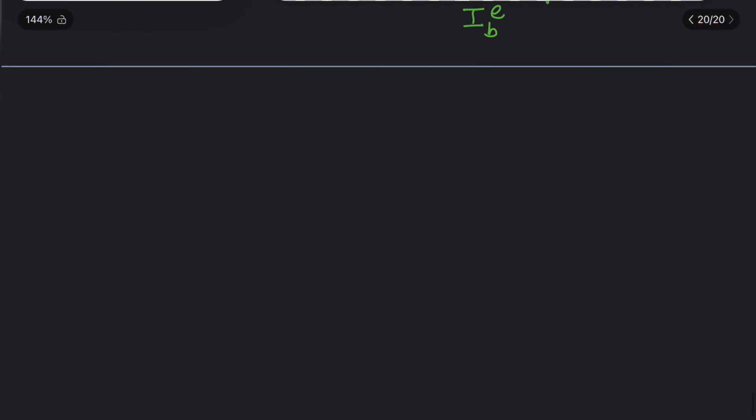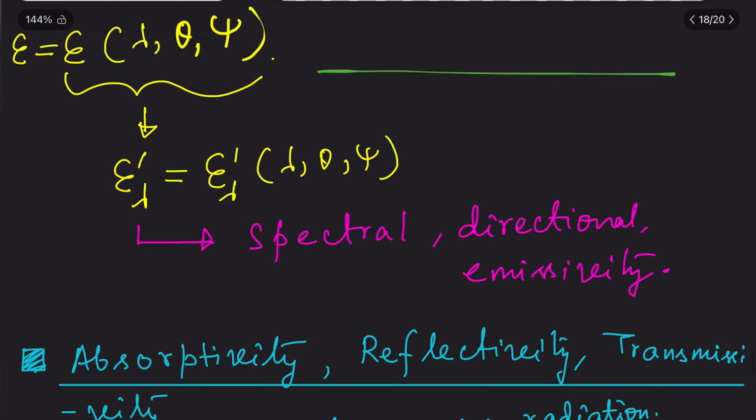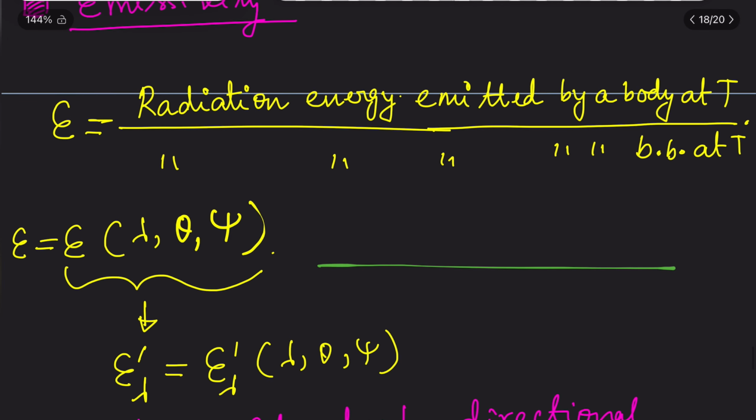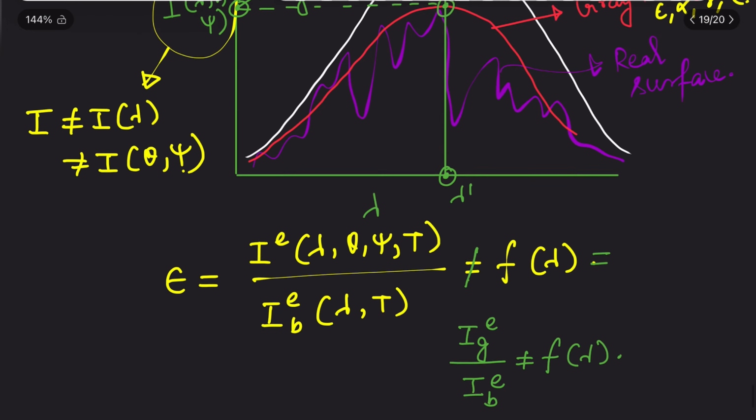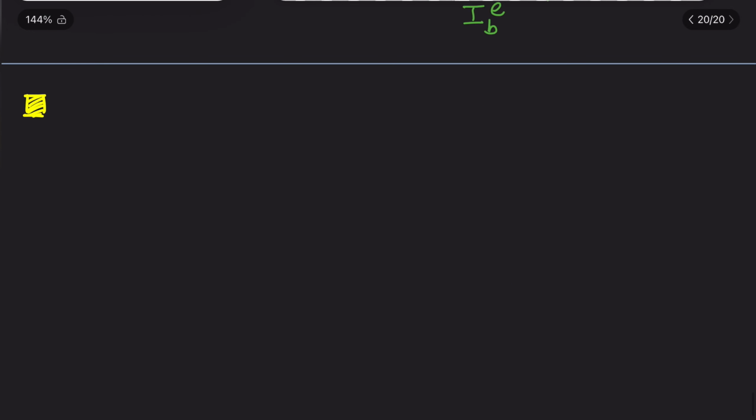So now let me go into a deep analysis of the surface properties. Don't be afraid, deep analysis means these are very obvious things. We have already studied emissivity, so let me go back to what we have studied. We have studied the basic definition. Now we will study something like spectral